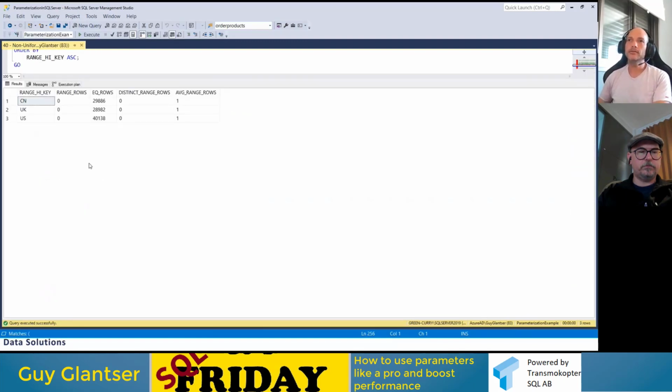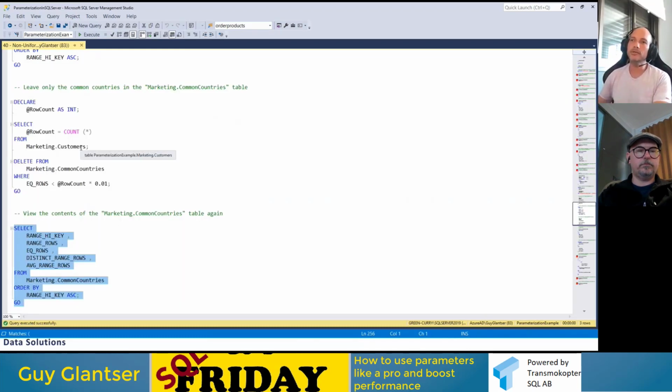We are left with China, UK, and US. Again, this is a very simple example, I know, but I can tell you from experience that I did this kind of solution for customers several times. It worked well, but it requires a lot of trial and error, testing and maintenance. So it's not that simple, but when it works, it's really great.